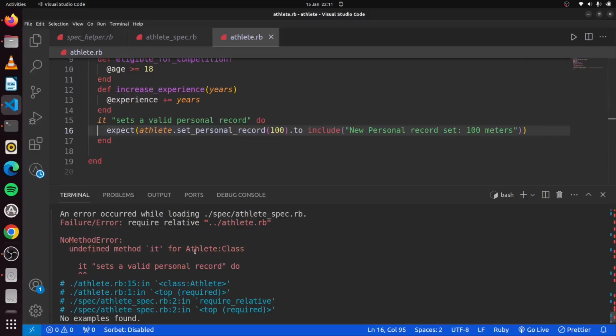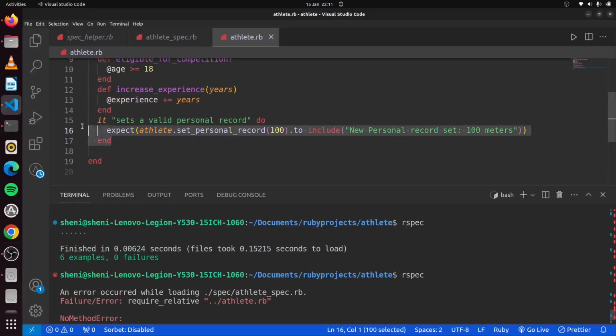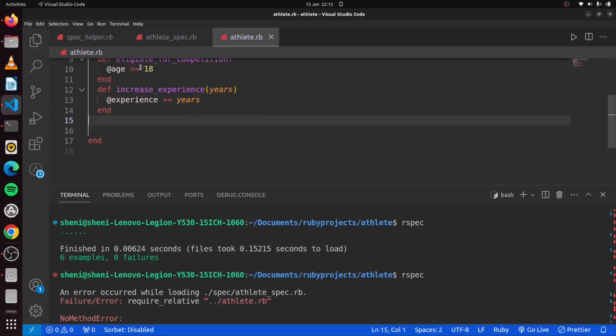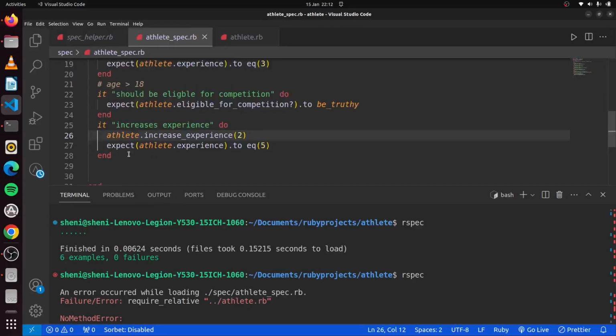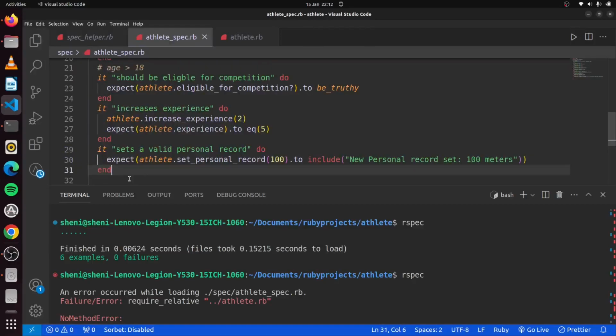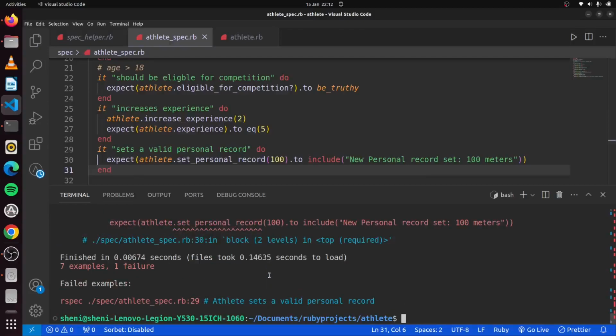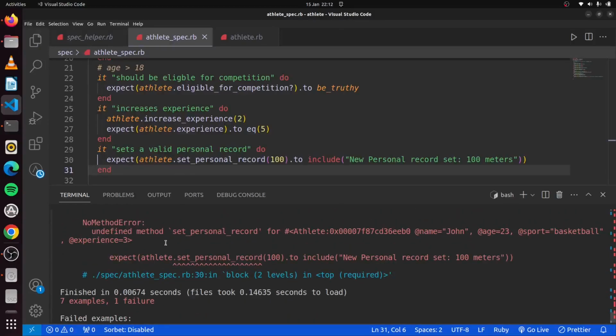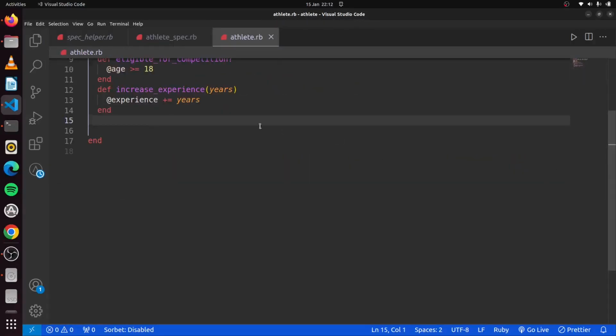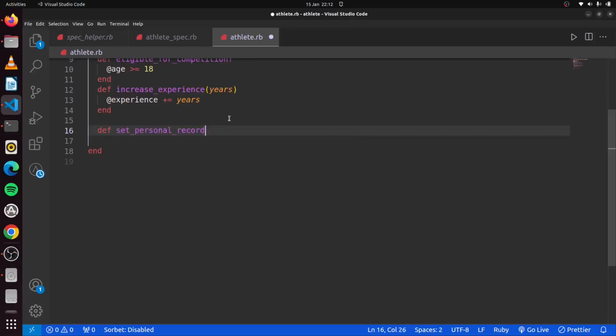Undefined method it's for, oh, I wrote this in the wrong file actually. So we copy this out and we head this back to athlete_spec. So we paste this in and we run RSpec. So we have 7 examples. Undefined method set_personal_record. So let's go ahead and define this. What we want to do is define this in our athlete file. So you can see def set_personal_record,